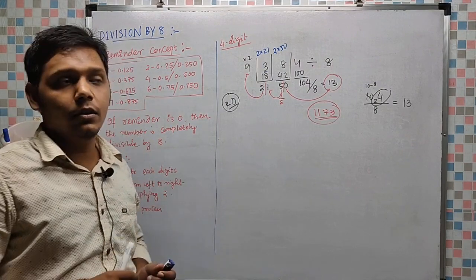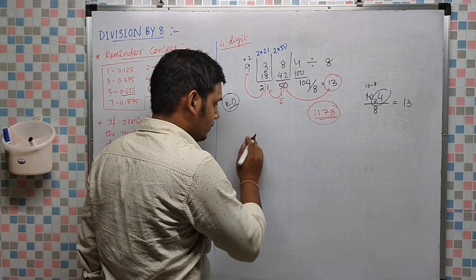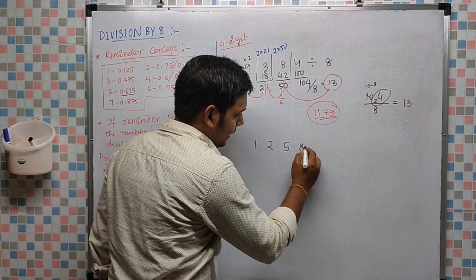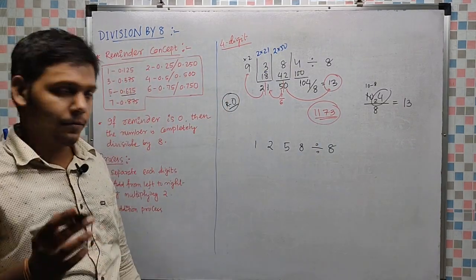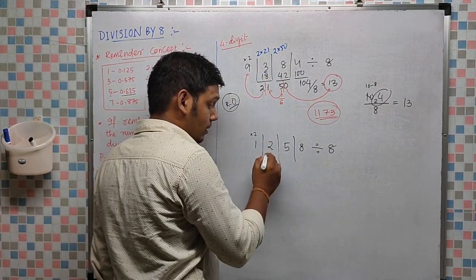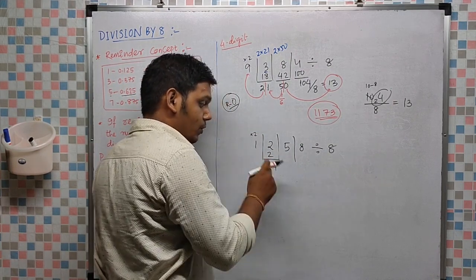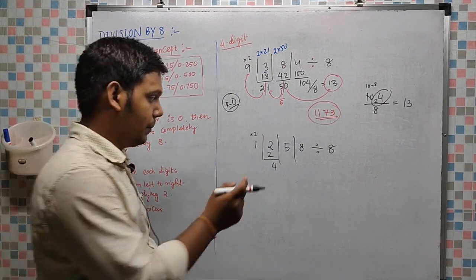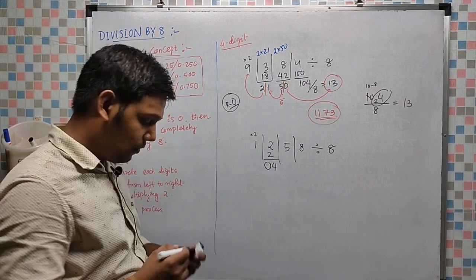One more question also we will do. See, 1258 divided by 8. So first what do I have to do? First step is to separate the digits. Now 1 2s are how much? 1 2s are 2. That means 2. Here only 4 is coming. So if one digit is coming, as I told you, you always have to put a 0 before it.